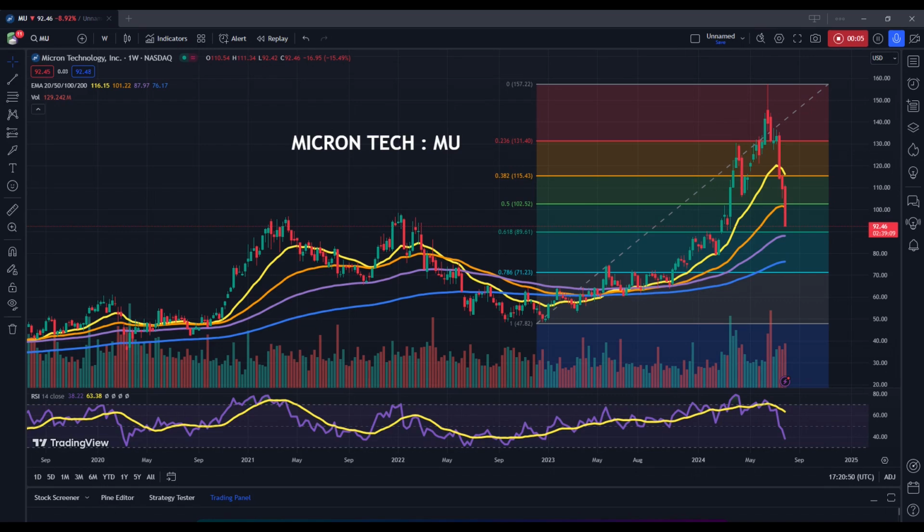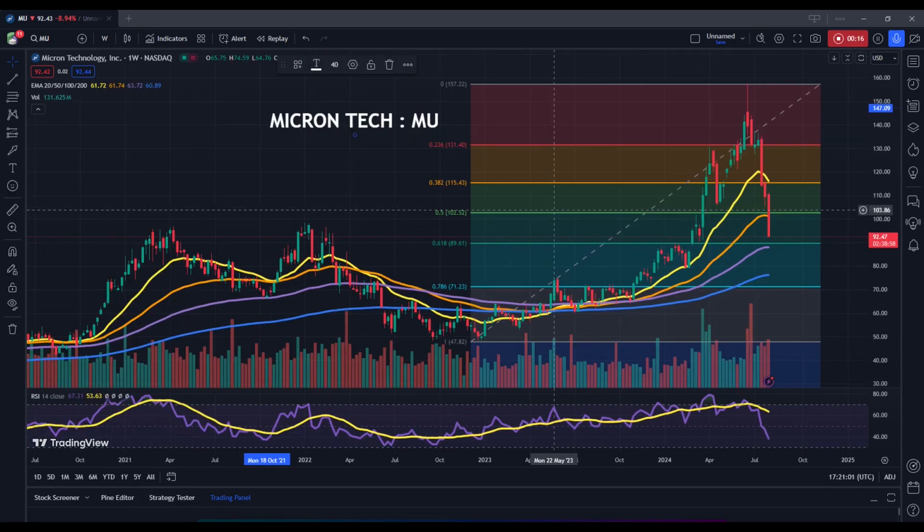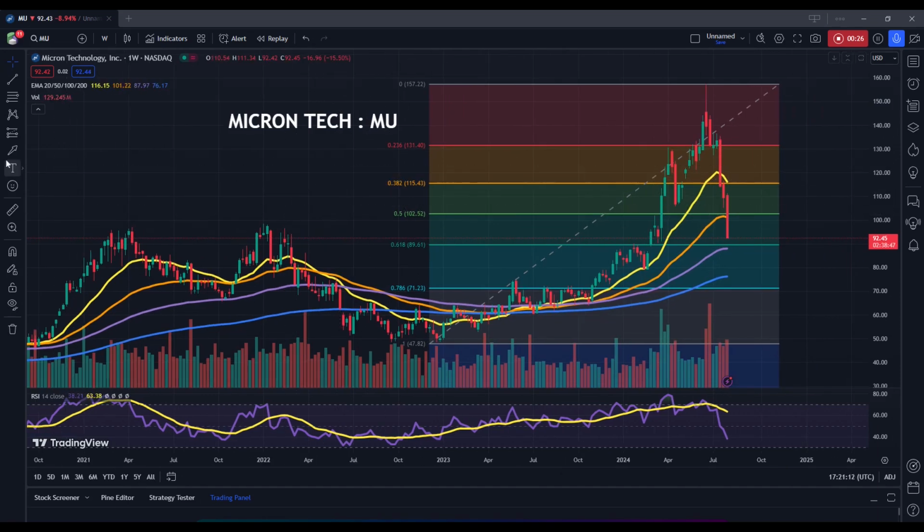We have the weekly price chart for Micron Technology Incorporated, stock ticker MU. So with this price history, what we're going to need to do is really sort of drill outside of the normal time perspectives that we usually look at with these chart analysis videos. This is due to the fact that the share price itself has seen massive declines here. And for this reason, we're really going to need to take a step back and reassess the entire situation here. Because at this moment, we're in a bit of a paradigm shift.